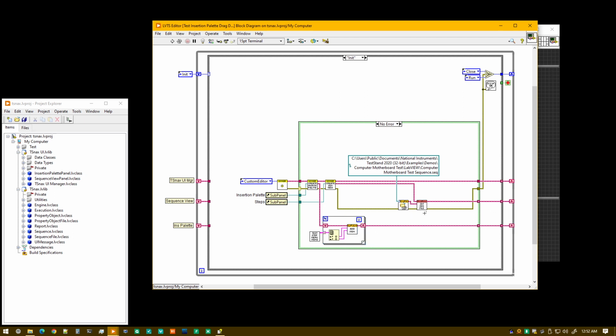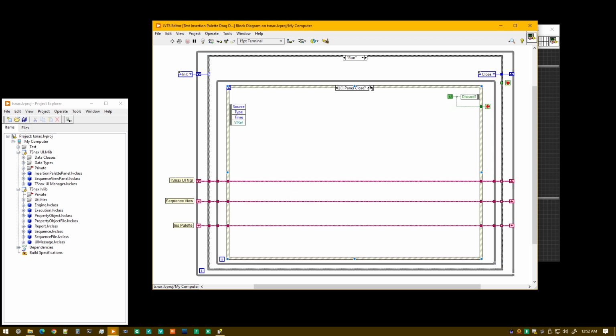And then with the sequence file, the sequence view, I'm going to open up one of the shipping examples, the computer motherboard test sequence, and we're going to tell the sequence view to set that as the current sequence file we're looking at. Then it starts up, and at that point, the top level application just has to wait to be told to